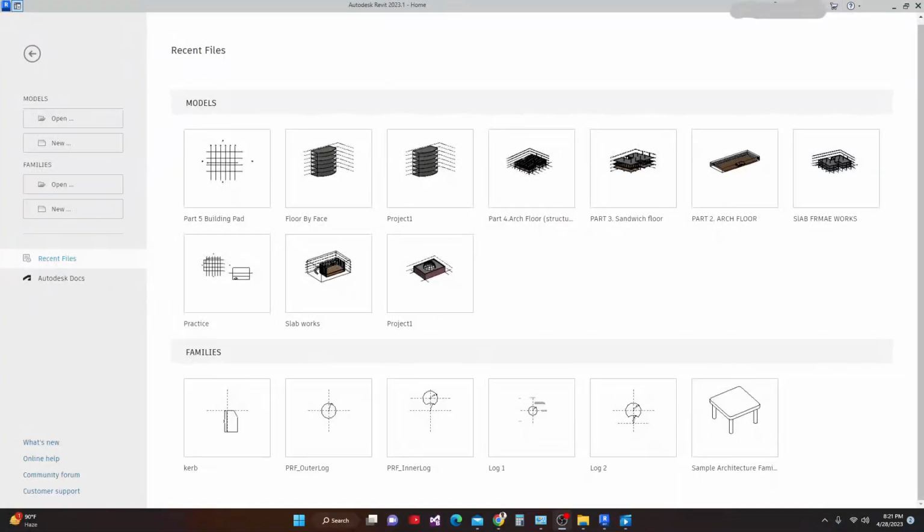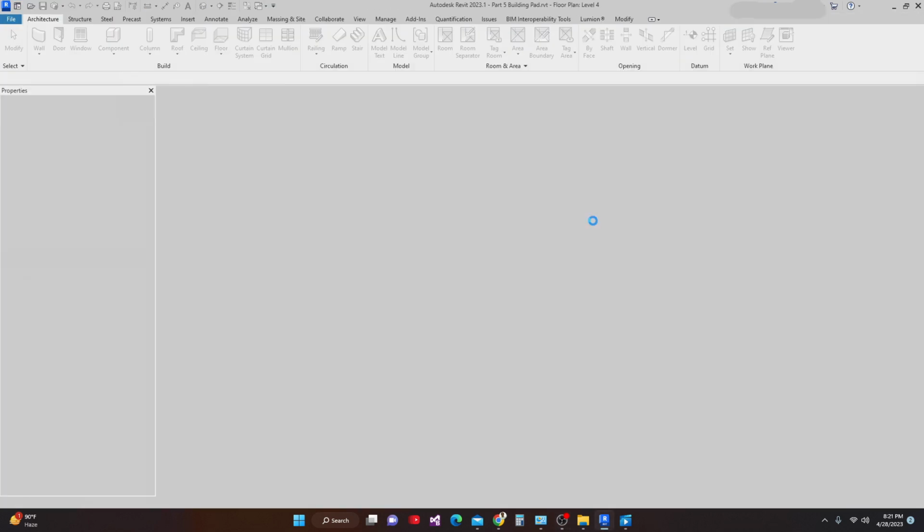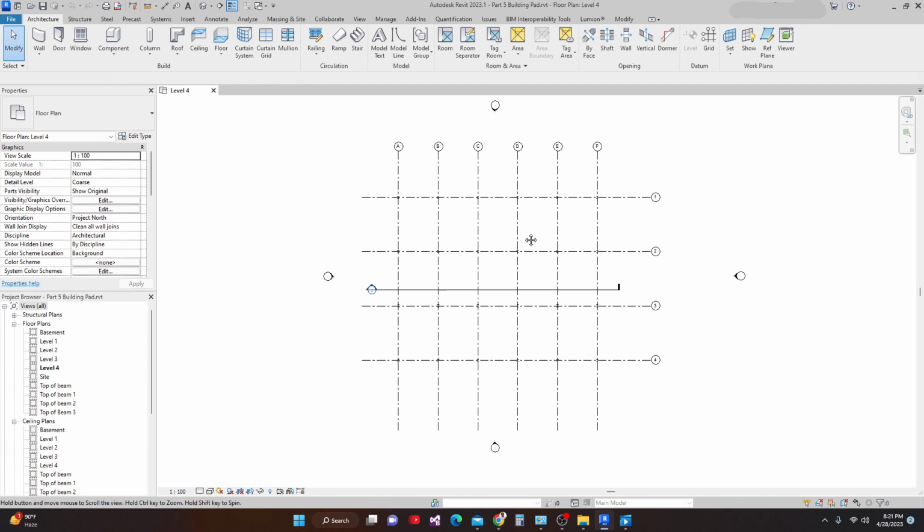Now, guys, I have opened Revit, and next what I'm going to do is open our previous project. I'll open this previous project. Now that it is open,